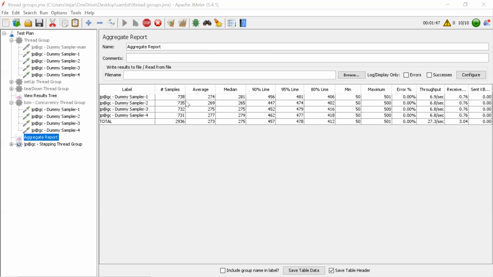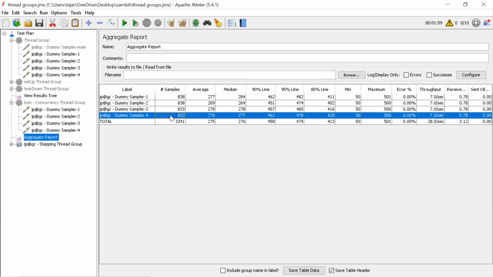Now if you observe the samples count here, as we gave everything the same, that's why you're seeing the same number of samples. But in real time, we have different scenarios, right? On an endpoint, we may take more time, and then we'll see differences. You can see here, this is number 838, this is number 832.